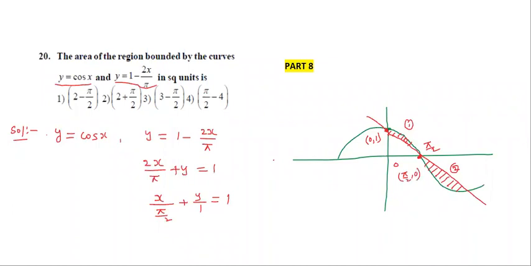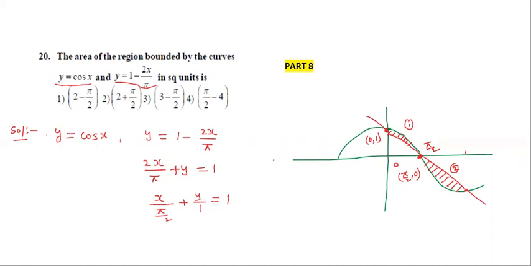Now the line intersects the curve at two places. So what are the two places? This place, how to identify? So that means this is cos 270. Overall, the cos x curve is like this. This is the straight line. In the fourth quadrant, the line is intersecting the curve.